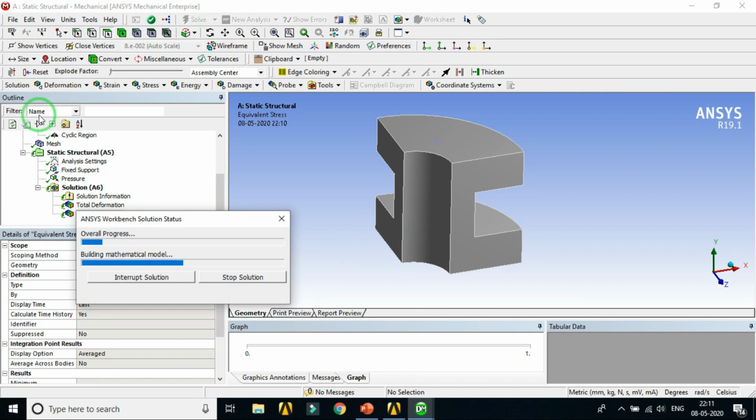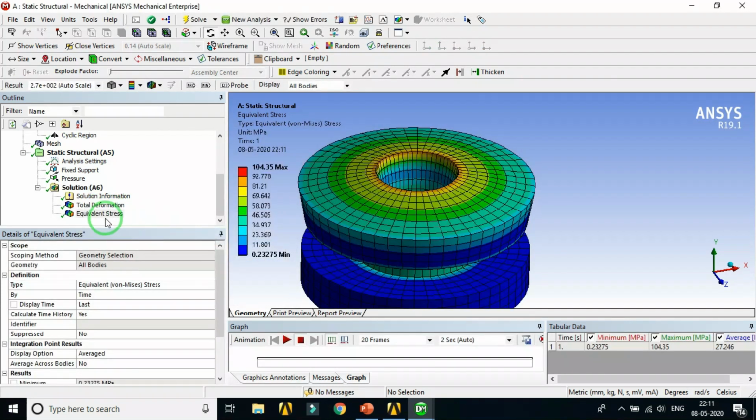After creating the mesh, we will see in the statistics how many elements it has created for this quarter model, because suppose we have 100 elements for the quarter model, then for a complete model it will be 400 elements. So it will reduce your simulation time as well as simulation cost. This is the benefit of this axisymmetric analysis. When we get our results after solution, it will show you the result for the complete model, not for the quarter model, because we have given the symmetry.